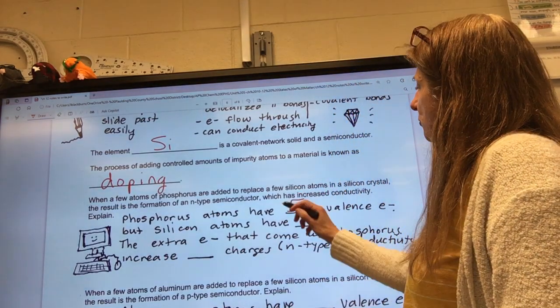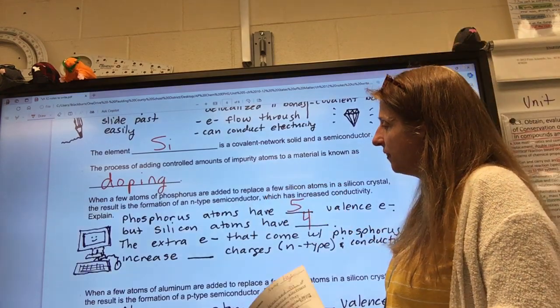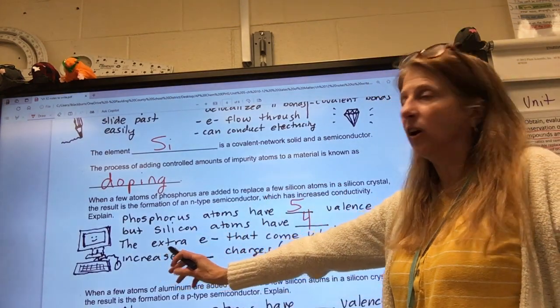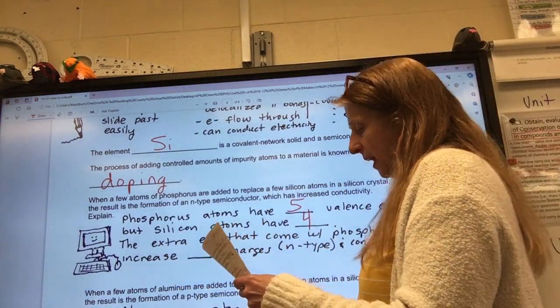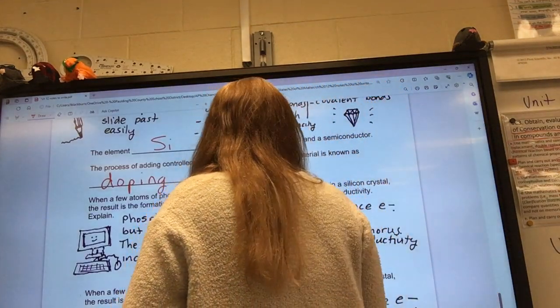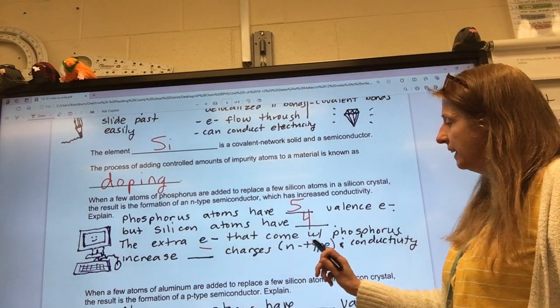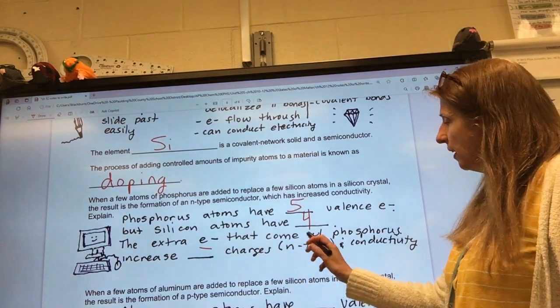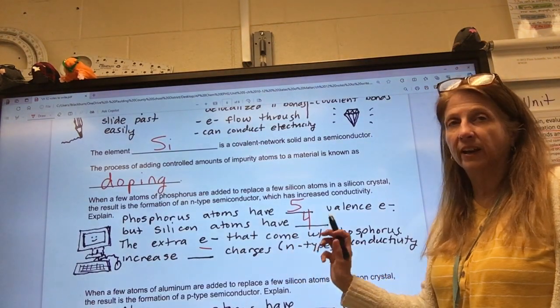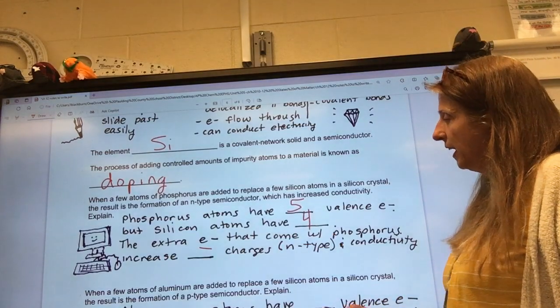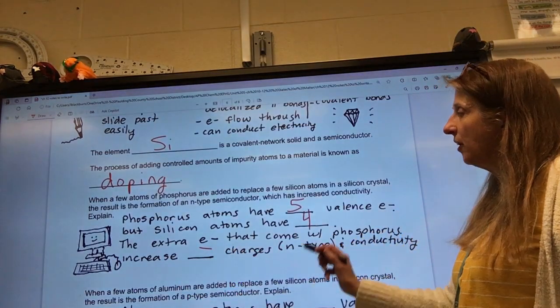So if you put this phosphorus in the crystal lattice, it has an extra electron floating around that can increase the negative charges, and its conductivity. Now this is called N-type for the extra number of valence electrons, and it's got negative charges,